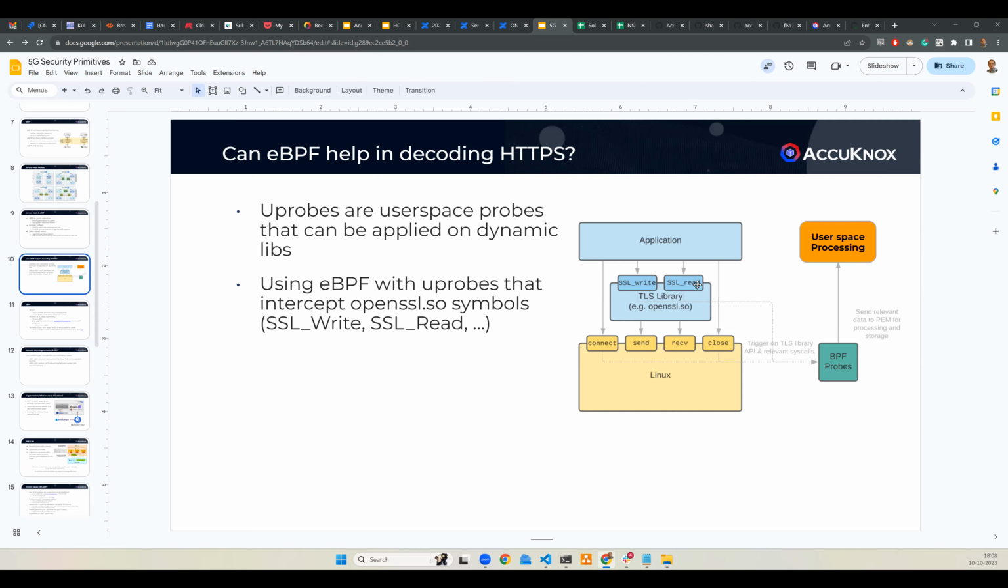This is one of the popular techniques, where you hook into OpenSSL.so, and then you get the visibility information. So you can insert a BPF bytecode at SSL write, and then you transfer the payload to your user space processing logic, and then parse the packet there. You don't need any keys here.